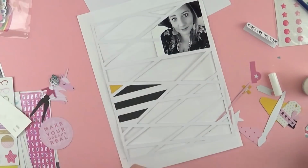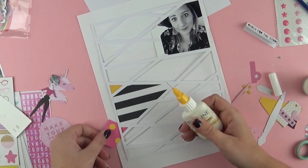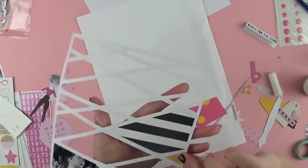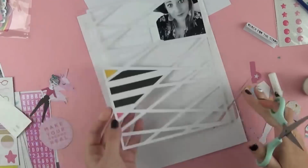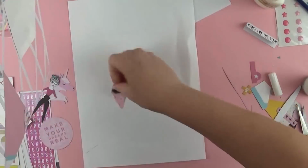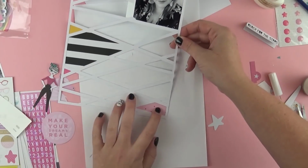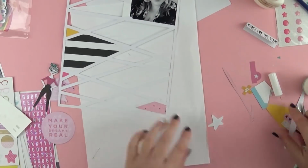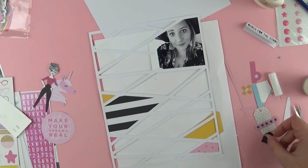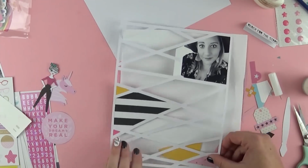But in my mind, I know where I'm going, and I know I remember, and if I don't remember, I'll take a photo of where the bits and pieces are going to be going back on my page. So, yeah, now I'm up to the adhering, so I really like the design and where it was sort of going. The reason that I did grab out that white cardstock, as I started to say, was that I wanted